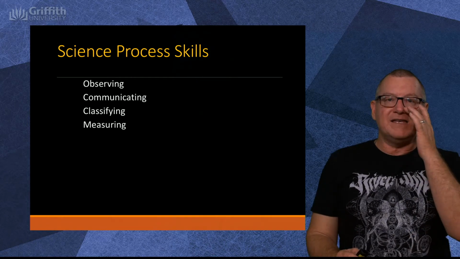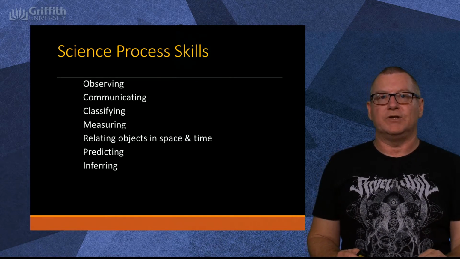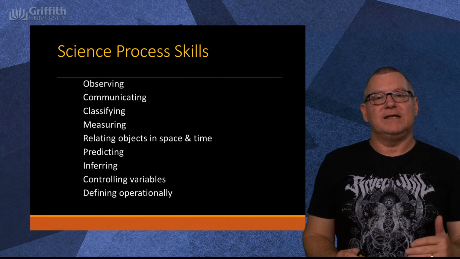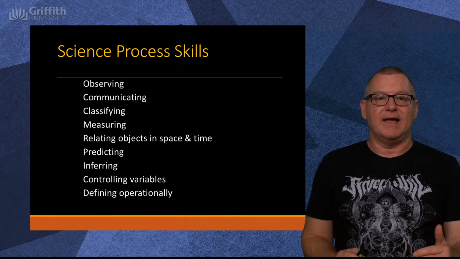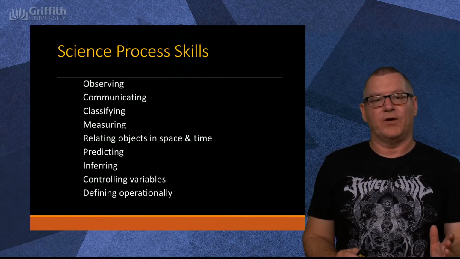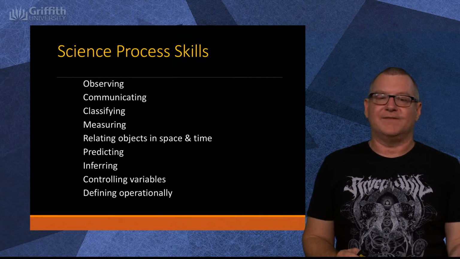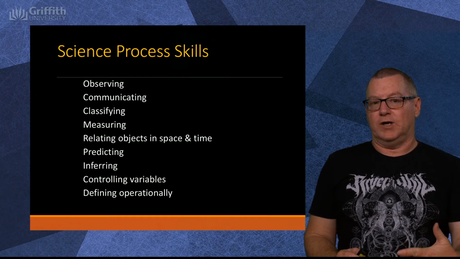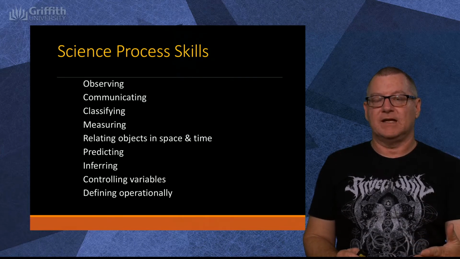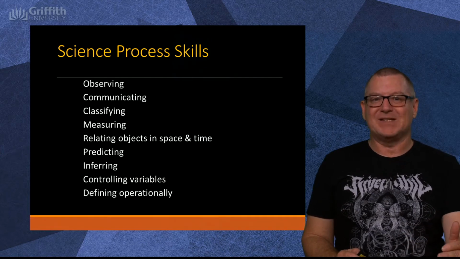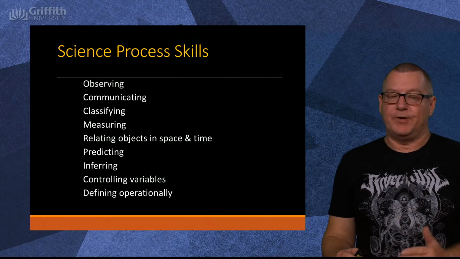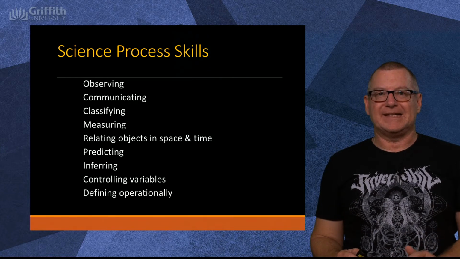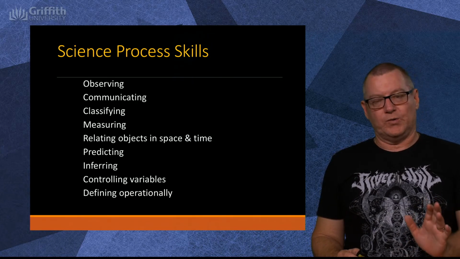These are the kinds of skills that we want students to be able to do in science. So these are the skills of learning science and teaching science and doing science. So observing, communicating, classifying, measuring, relating, being able to talk about where something is relative to something else and when something is relative to something else, being able to make predictions, being able to make inferences and implications, controlling variables, so the whole